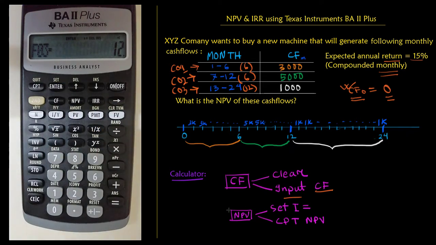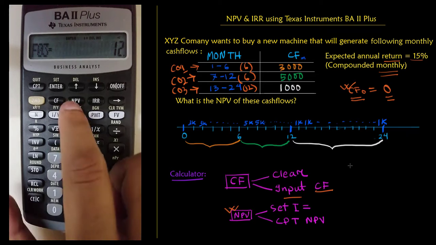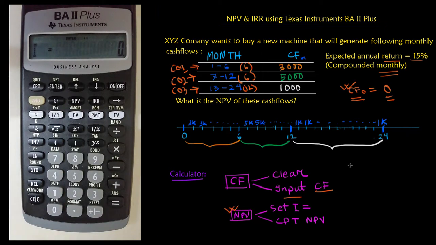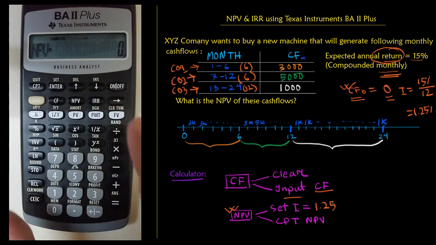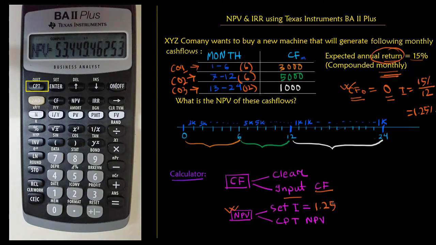Alright, then to calculate NPV, press this NPV button. Then in interest rate, put the monthly interest rate because this annual rate will be compounded on a monthly basis. So it should be 15% divided by 12, that is 1.25%. So put 1.25, press enter, go to NPV, then press compute. Alright, so the NPV is